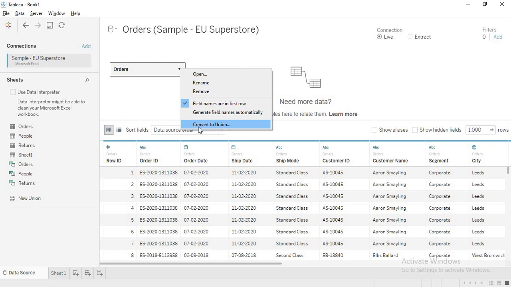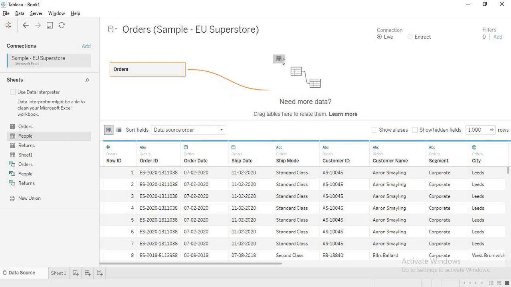Or sometimes you need to convert, you can convert it into union. That is again a different case. Okay, now when you drag another table, you are seeing this red colored noodle, right? This is where Tableau calls this a relationship. It calls this red line noodles, and whatever is happening between these two tables is called a relationship. Okay, we'll discuss that in detail further on.